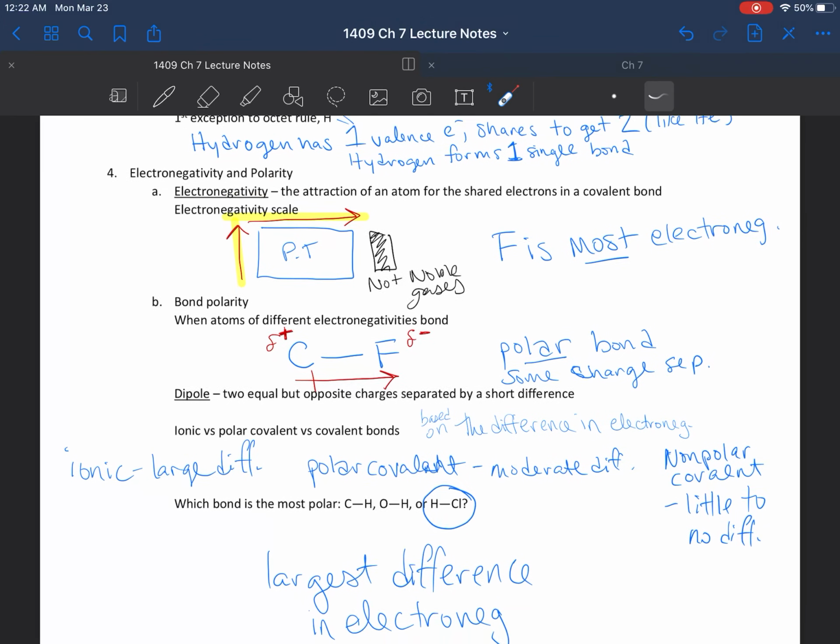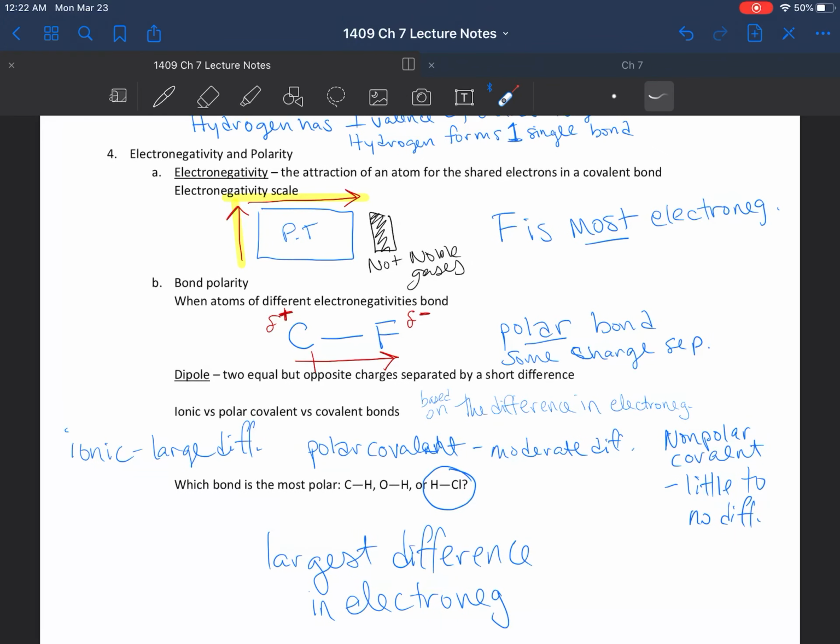Now, before we get into drawing more interesting Lewis structures, we are going to talk about electronegativity and polarity. So electronegativity is the attraction of an atom for the shared electrons in a covalent bond. So even though two atoms are sharing electrons, they're not always sharing equally. Think about kind of a tug-of-war situation. The electronegativity scale shows increasing electronegativity going up and to the right on the periodic table. Noble gases are not included. What you can always remember is fluorine is the most electronegative, and the closer to fluorine you get, the more